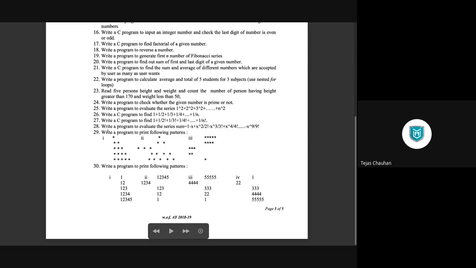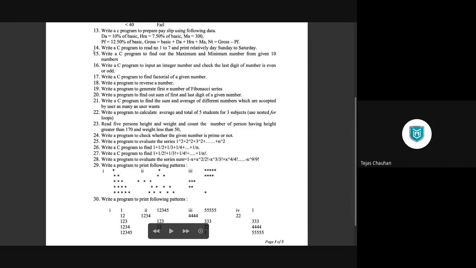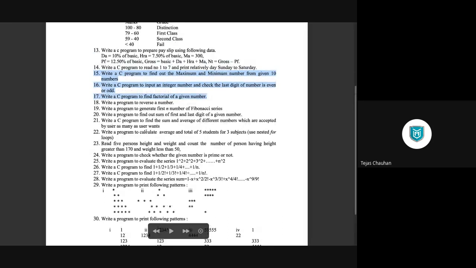So we have seen the 29th program also in the lecture. Lower triangular, this one is upper triangular, and we have seen this one also, the perfect triangle. Okay, so 29, 30, and 31, these three programs are related to patterns where you need to go for nested for loops. Now let us discuss the 15th, 16th, and 17th program. That is also we want to complete today.